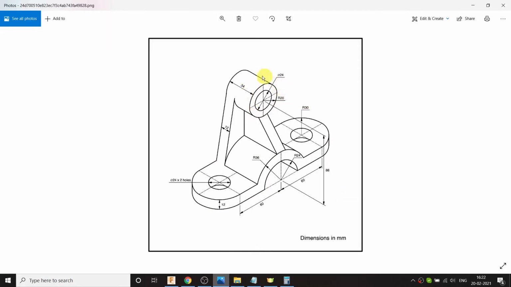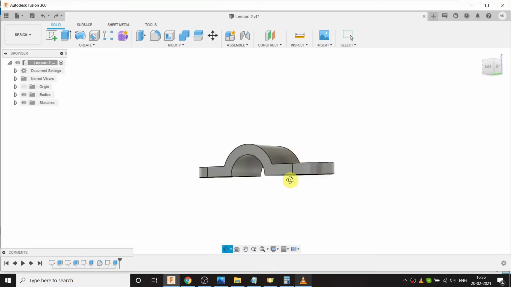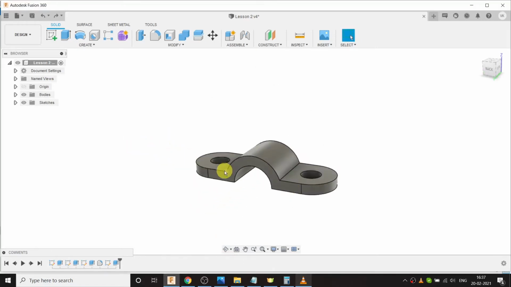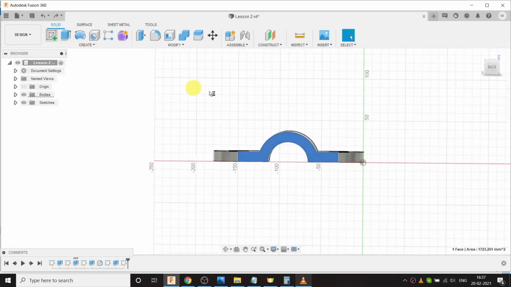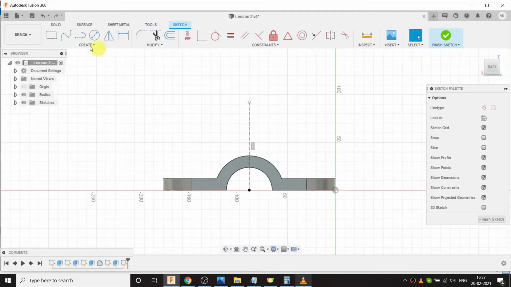Now I will create the cylinder which is at a height of 88 mm with length 34 mm and inner dia as 24 mm and outer radius 20 mm. Rotate the model like this. Select the surface and create a sketch on it. Go to line tool and create a vertical line. Click OK. Make it as a construction line and give the dimension as 88 mm.